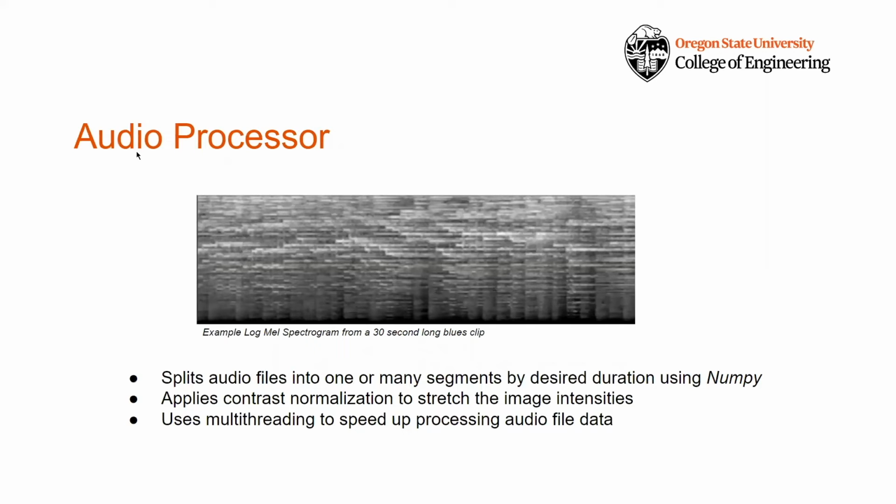My main part of the project was working extensively on the audio processor utility. The audio processor consumes audio clips and produces spectrograms using NumPy and Librosa, like the one pictured here. The spectrogram is a visual representation of the spectrum of frequencies of a signal as it varies with time. The audio processor utility is a critical part of our project and is used by both the ETL service and prediction API. I also implemented multi-threading to speed up processing audio clips.